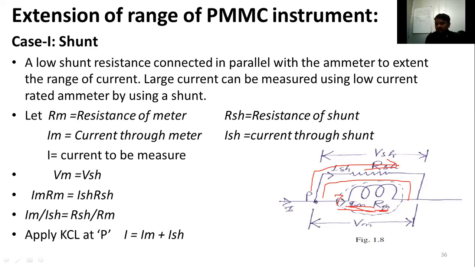This resistance, we are going to use a large value of resistance, which will allow only 5 ampere in this branch here now. The other current will flow through this bypass. Is it clear? समझ में आ रहा है क्या? We are going to call that a shunt. Everything is based on Ohm's law only. Okay, the large current is bypassed here now.